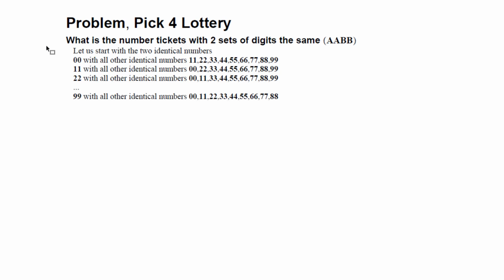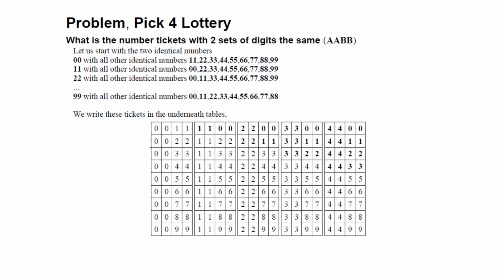Now the question is, what is the number of tickets with 2 sets of digits the same, such as AABB? So to do that, we start with 2 identical items 00, and we combine them with the rest of the identical items, which is 11, 22 until 99, and then we start with the two identical items 11 and we combine them with the rest, and we end with two identical items which is 99 and we combine them with the rest. So here we have conducted this combination,